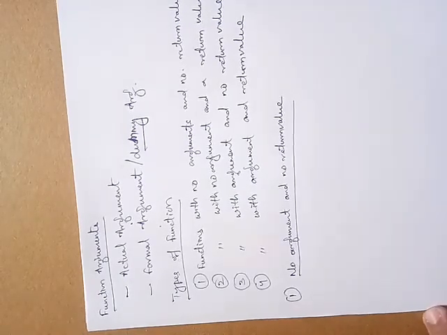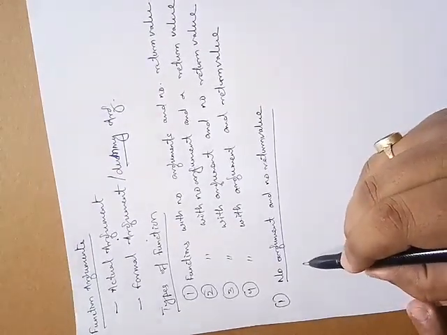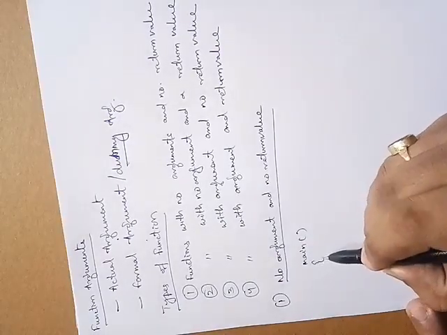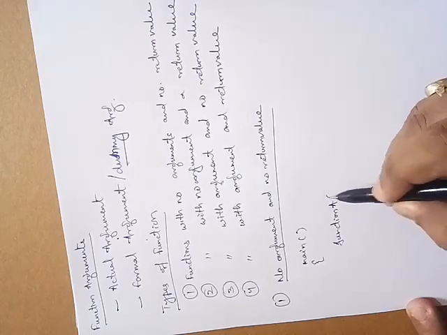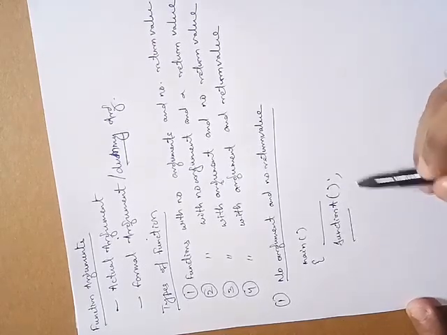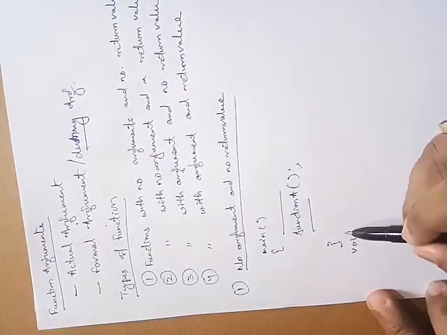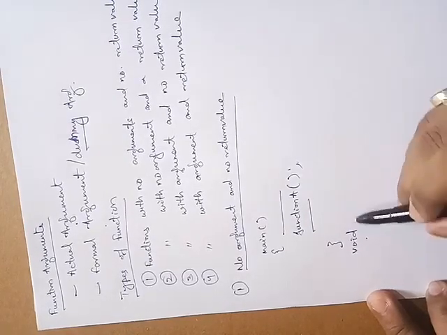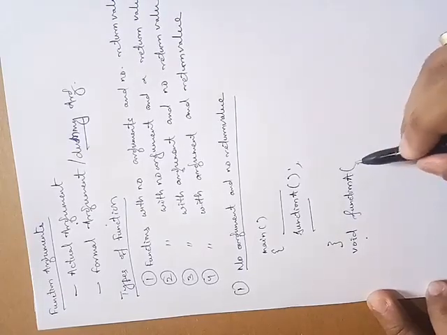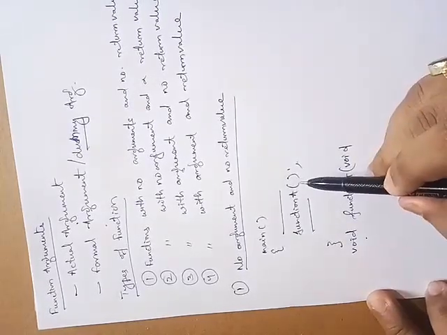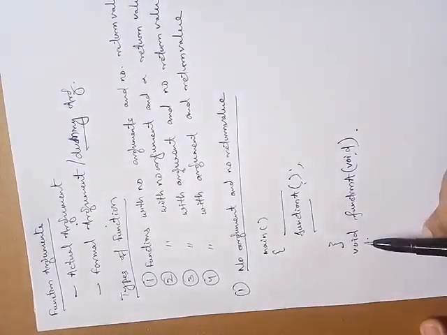So I am writing one simple syntax where you can understand. This is the main function part. Under that I am writing the function call. Suppose the function name is function A. Before that there may be some statements, and there is no return type, so I am writing void, then function A, this is the function name, and there are no arguments also. Here also in the function call we have not passed any argument.